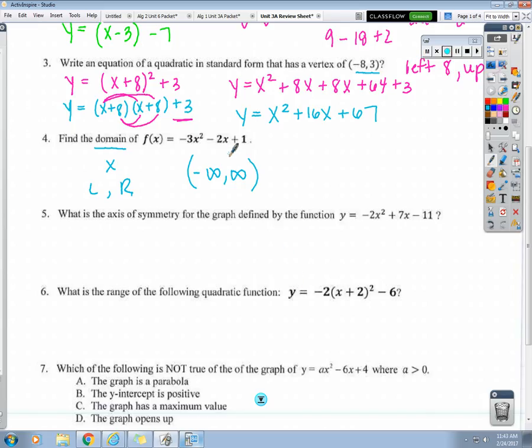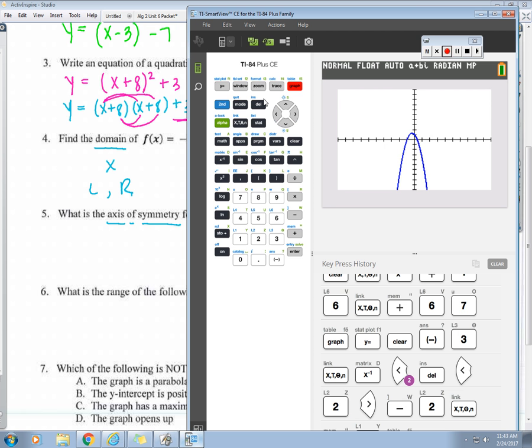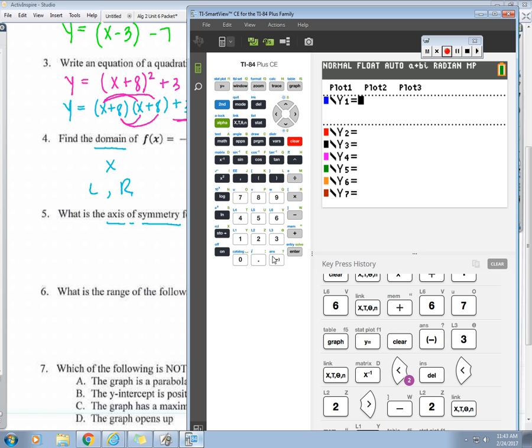Okay, what is the axis of symmetry for the graph defined by this function? Well, what are they talking about when they say axis of symmetry? Well, a line that will do what to the parabola? Split it in half. So don't we need to see a picture where this parabola is? So y equals negative 2x squared